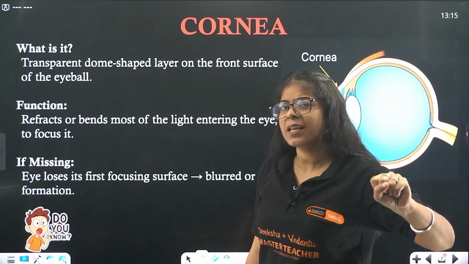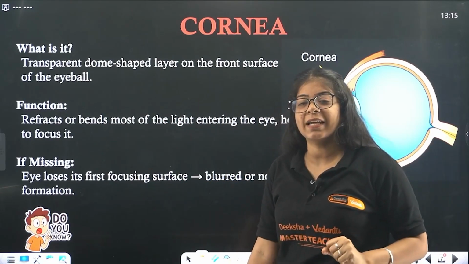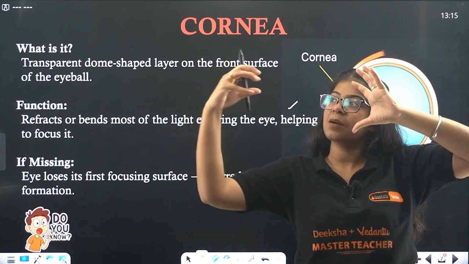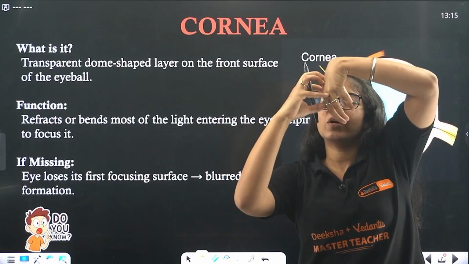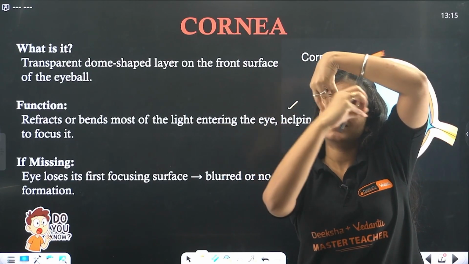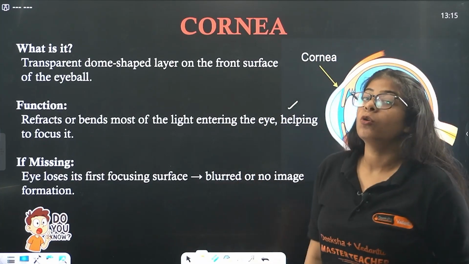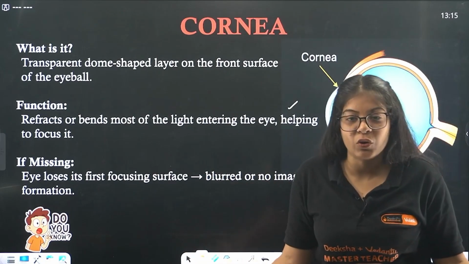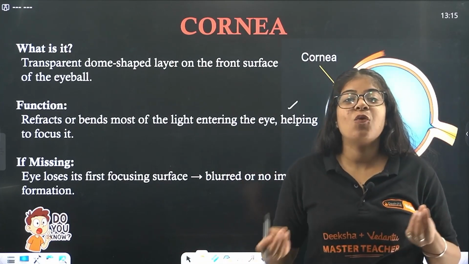Let's say there is a screen in our eye at this moment. Let's understand it like this. There's a screen, and this is the cornea, where the light is coming in. It refracts the rays. Now, if this cornea is missing, if you don't have a cornea, then your eye won't be able to